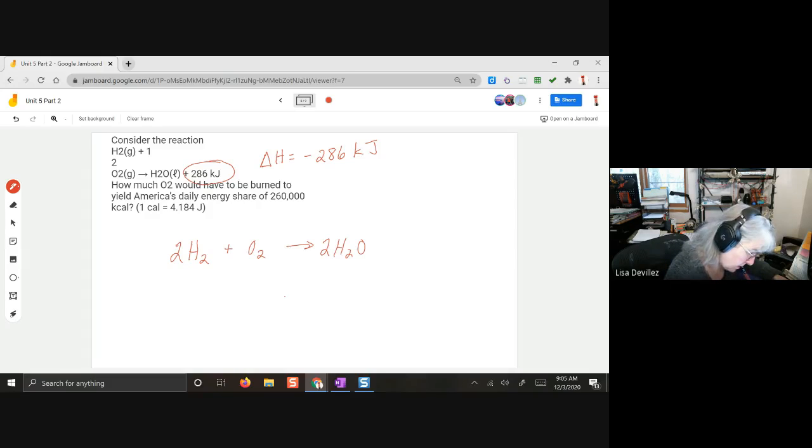All right, so here we want, okay, so here it's giving us our Q is 260,000 kilocalories. All right, and then we need it in kilojoules because that's what our delta H is in. So